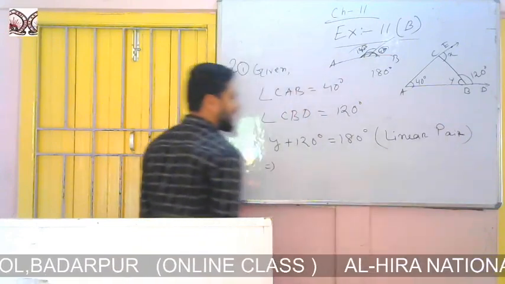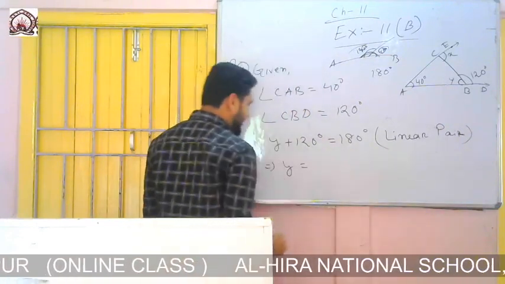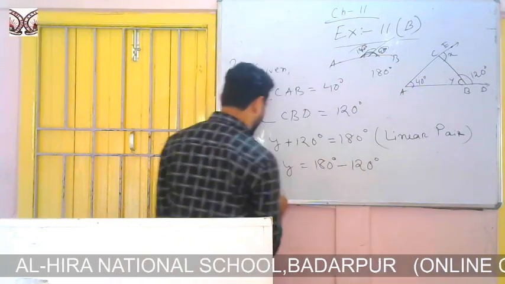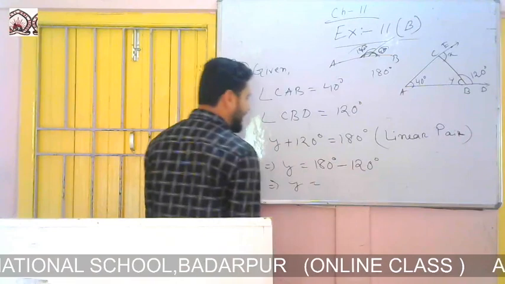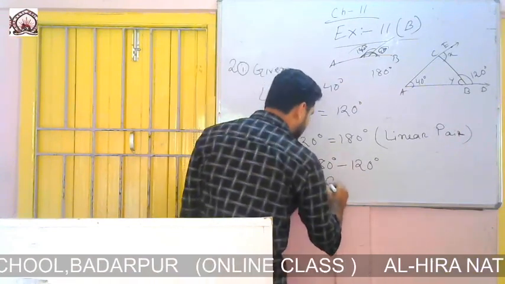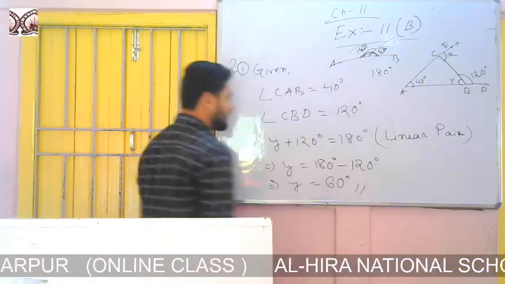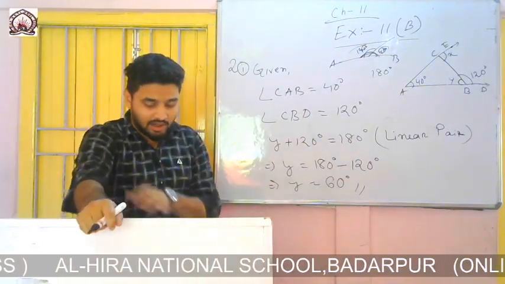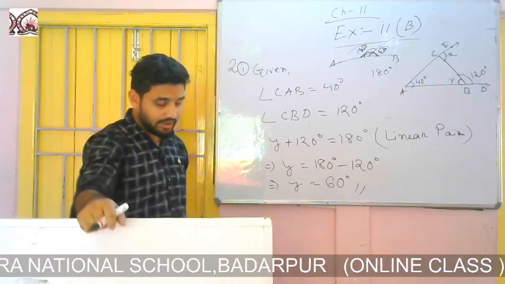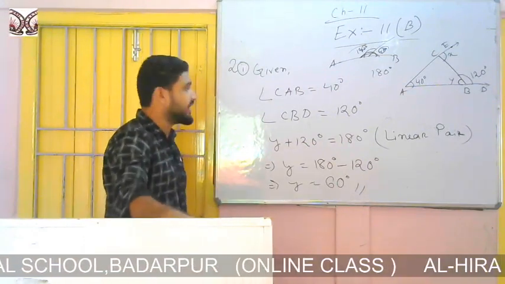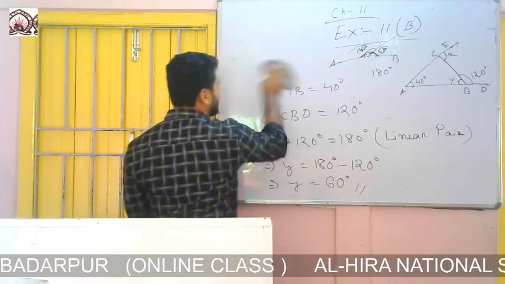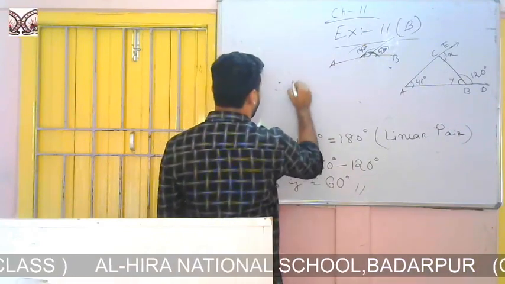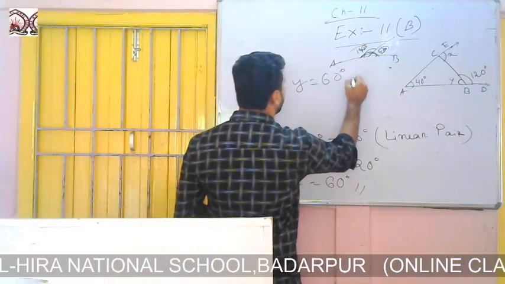They are linear pair. Okay, now from that we can find 180 degree minus 120 degree. From there you can find the value of Y. That means if I subtract, then I will get 60 degree. Okay, so the measure of angle Y equals to 60 degree. So I can write, therefore Y equals to 60 degree. Okay,